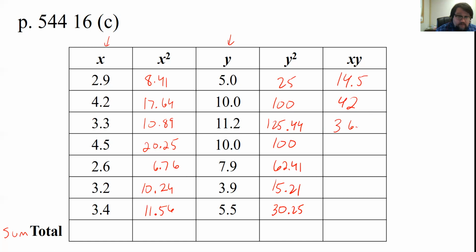Looks like 36.96. 4.5 times 10, that's 45. 2.6 times 7.9, 20.54. 3.2 times 3.9, 12.48. 3.4 times 5.5,